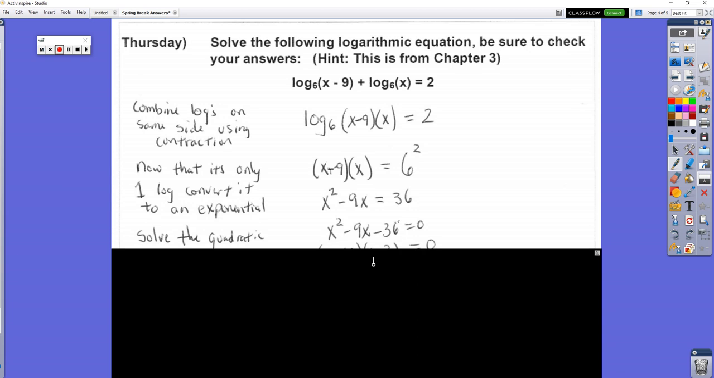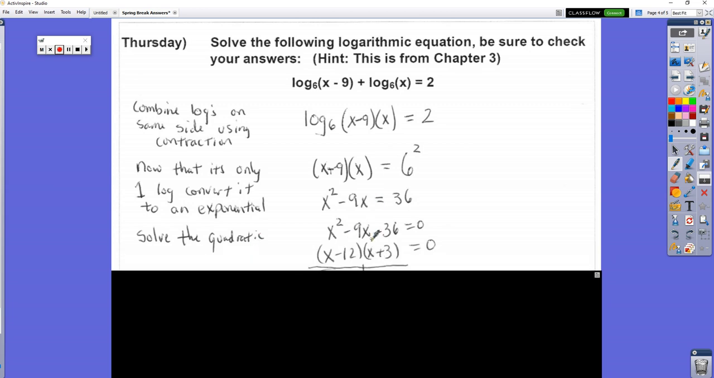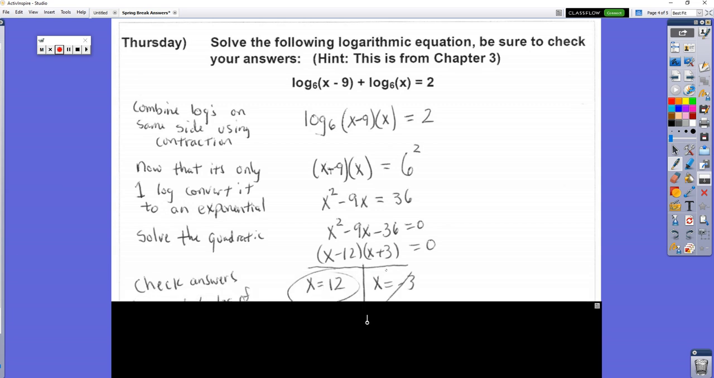This is a quadratic equation. And remember, if you want to solve a quadratic equation, you want to get it set equal to 0. So the next step here is to solve the quadratic equation. I was trying to think of 2 numbers that would multiply together to make negative 36 and add together to make negative 9. Those 2 numbers are negative 12 and positive 3. So my factors are x minus 12 and x plus 3. And if those are my factors, then that means my 2 answers to this problem are x equals 12 and